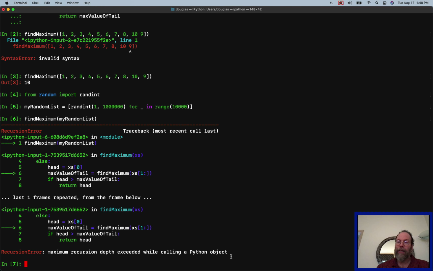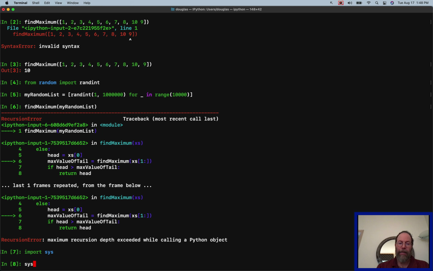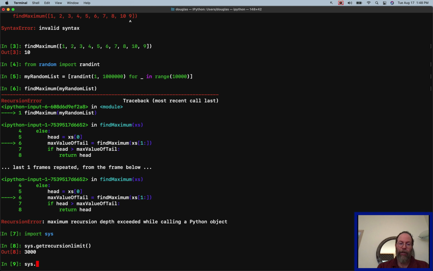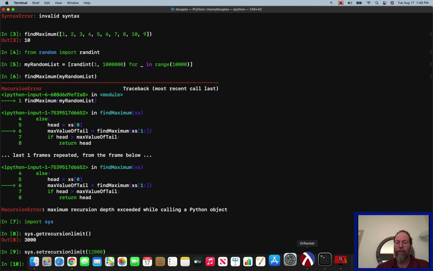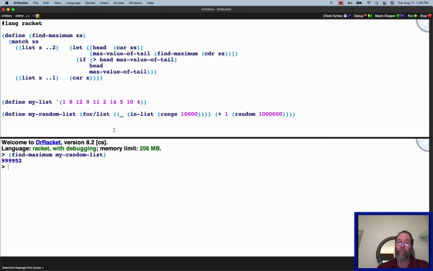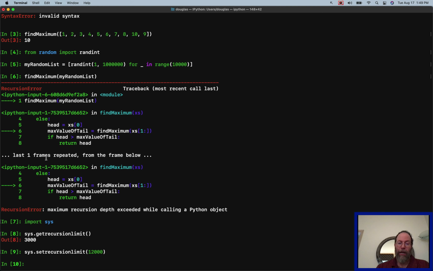We can extend that a little bit. But import sys, get recursion limit. I believe it's 3,000 stack frames. So we can change that. Set recursion limit. I'm going to make it 12,000, but we shouldn't have to do that in a programming language. We really should not have to do that in a programming language. So for certain things, Racket is really more powerful than Python. All right, so